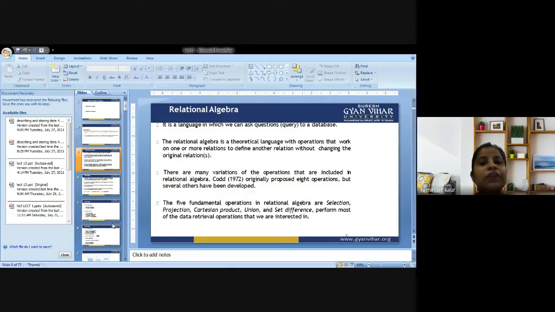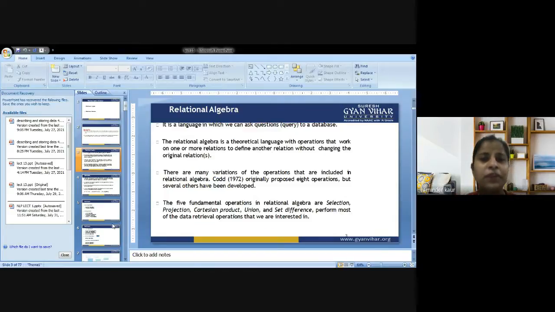Next, there are many variations of the operation. Variations of the operation means, for example, select is the operator: select star from employees. A variation would be using a where condition, in which I specify what I want to retrieve. Without where, it is a simplified query, because if I am referring to a database in simple terms, there is no need to use various conditions. But if I am referring to a particular or specific detail, then I could use various condition operators.